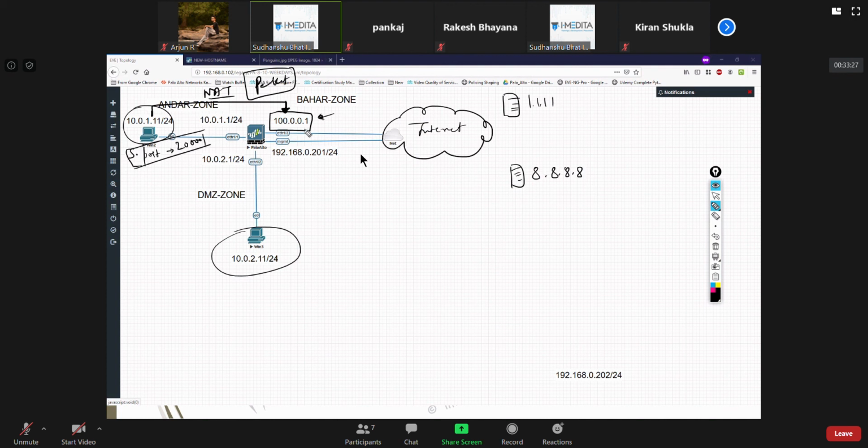Will that be changed? Commonly we don't alter that, so the source port remains as it is. If you had been utilizing a static NAT, it would have been a one-to-one translation.